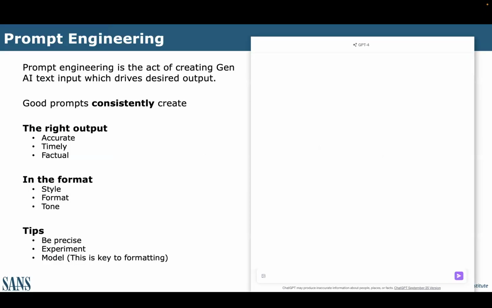When I say good, I mean two things, really. I mean the right output. I'd like it to be correct, timely, accurate, and so forth. But usually we want this output in a certain kind of format or a certain tone or in a certain way. It doesn't matter if you're asking for a chocolate chip cookie recipe, because it just gives you a recipe, unless you want it in grams instead of ounces, or you want it in cups instead of liters, then I need to tell it that. That formatting of how the data comes back out is often more effort than actually getting the right answer out. Especially if you're trying to do something like, I don't know, transcribe a course and you want the answer to come out and be checked a certain way every time.